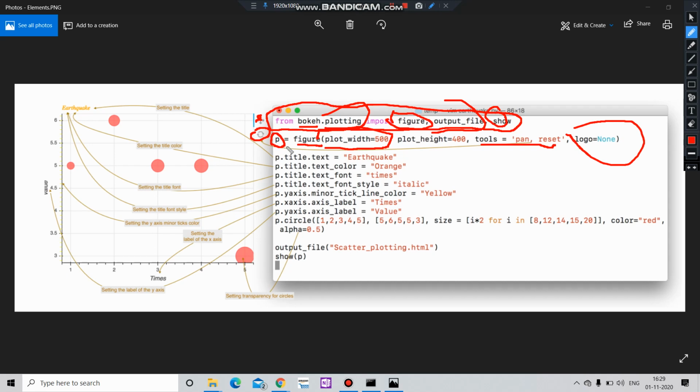And we have given the title here, you can see, and we have given the color of the title. Then we have given the font of the title, which is Times, and we have put the font style here also, which is italic. You can see also what's the next step. Okay, we have removed the minor line here, which looks something like this. We have removed these lines, and after that, what we have done is